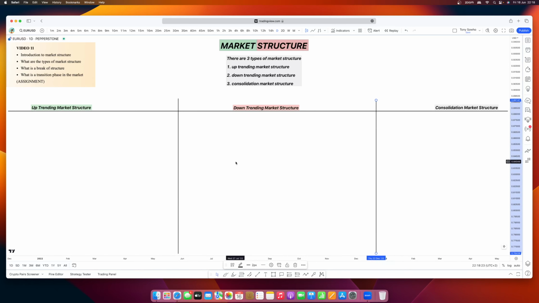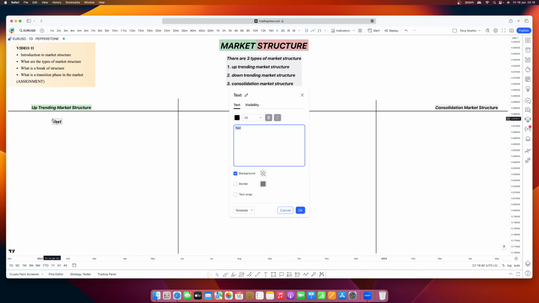Okay, so now we're going to look at the uptrending market structure. I already told you what the uptrending market structure is. I gave you an idea of what it is. This is when the market structure is going continuously to the upside. So if we had to give a definition to what an uptrending market is, we can say